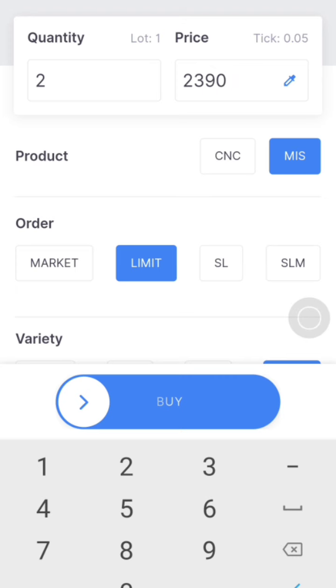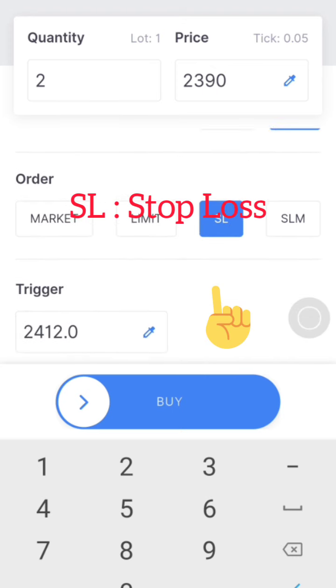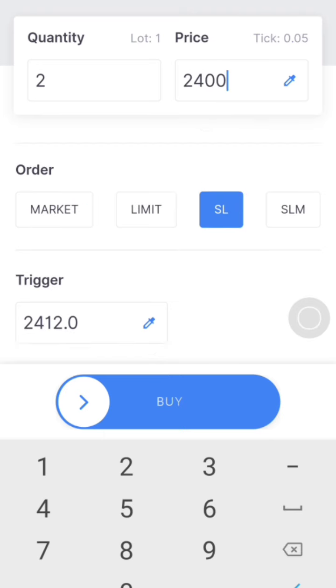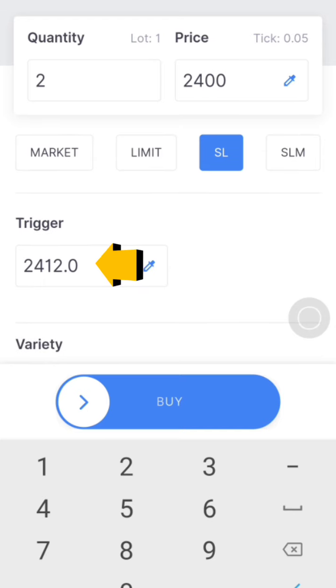Then there is something called SL, means stop loss. So when you're purchasing a share, let's say for example I am purchasing the share at 2400 and I am thinking, okay, I'll make some profit. But meantime, I need to think about my loss also. So my loss should not go below some price. That's why here you can see the stop loss trigger price. Let's say I'll purchase at 2400 and I am putting my stop loss at 2370. It means when the price comes below 2370, my loss will get booked. So my stop loss is 2370, I cannot bear loss more than that. Once it reaches 2370, my loss will be booked automatically at that price.